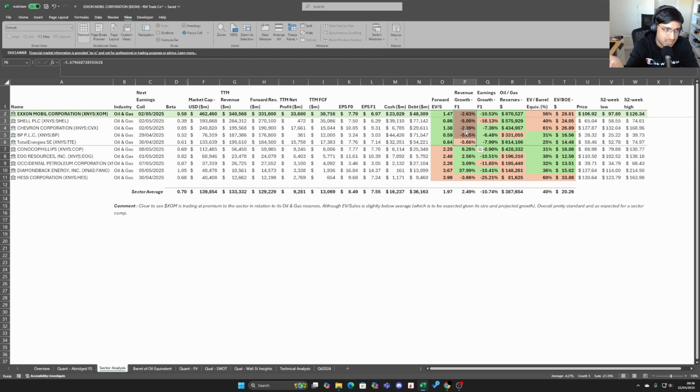And then obviously we're hopefully going to be expecting the Russia-Ukraine conflict to end. Inflation hopefully is going to be coming down. So it's kind of in line with expectations. Although a lot of the independents are forecasting revenue growth, especially Diamondback, which is very significant revenue growth from 10